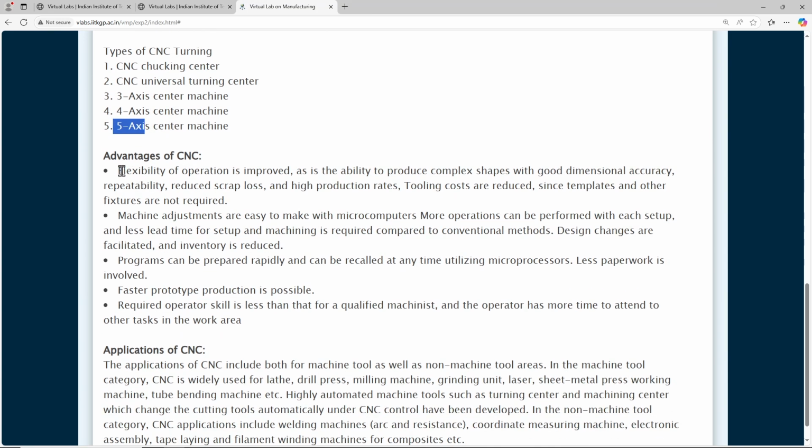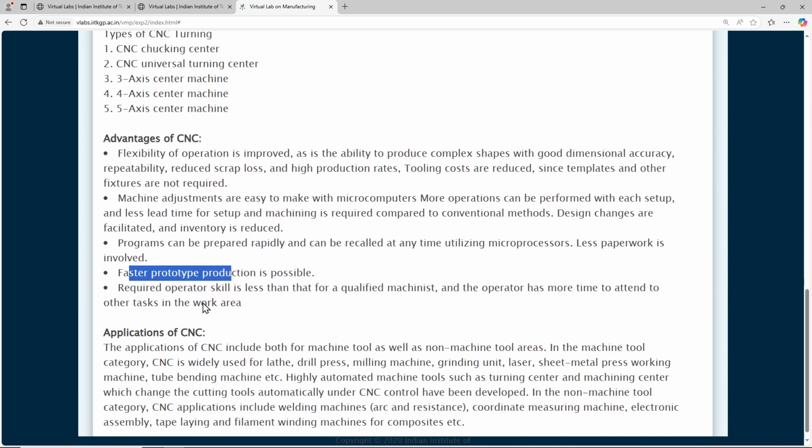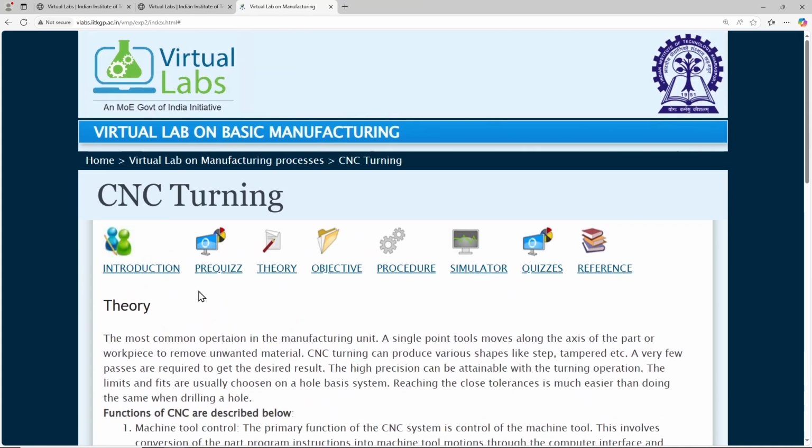Advantages of CNC machines are flexibility in operation, machine adjustments, programs can be prepared rapidly, and faster prototyping. Nowadays, when we say subtractive manufacturing, in the case of mass production, CNC centers, sometimes VMC, vertical machining centers, are used for producing components in a rapid way.